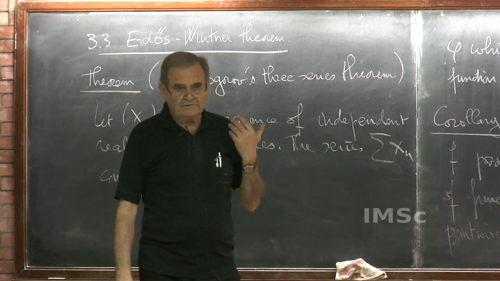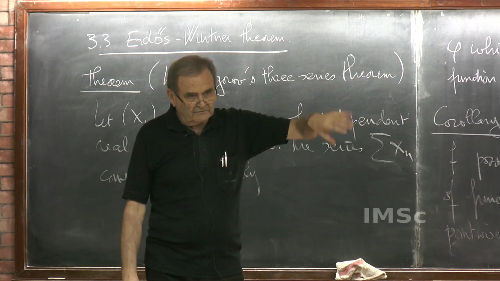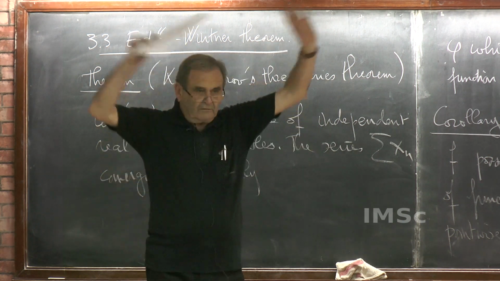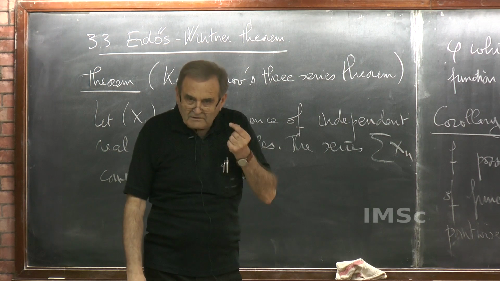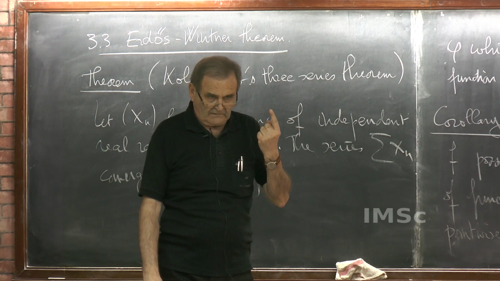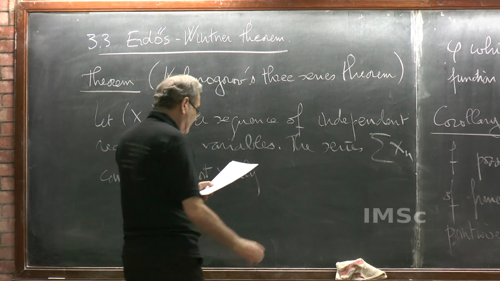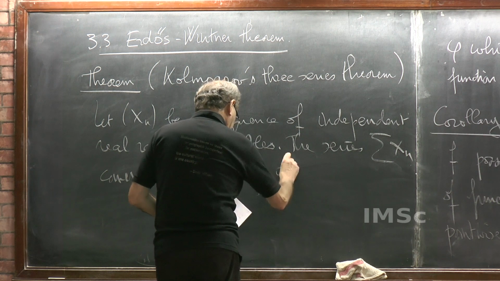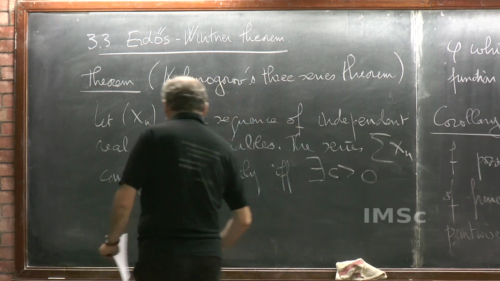And to say almost surely means that the set of the little omega on which it converges is a subset of your huge, maybe, probability space, which has measure 1. Okay, this is what that means. Almost surely, if and only if there exists C positive such that